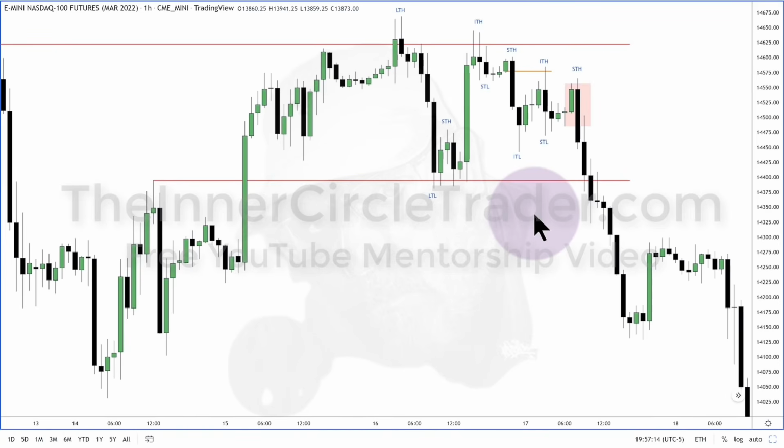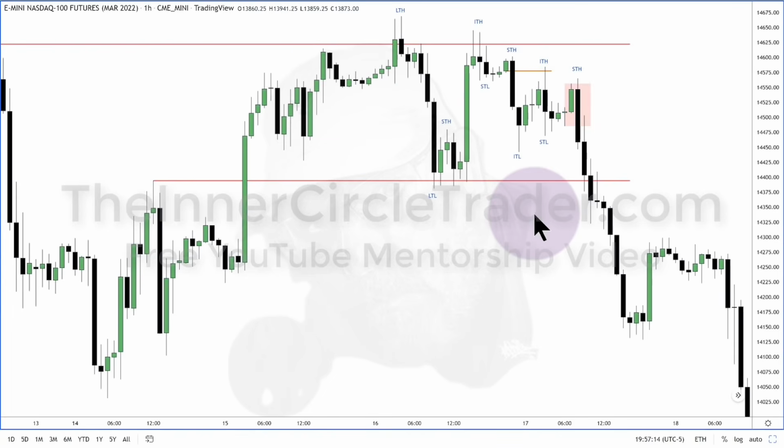When we look at price, I'm looking at: does the market have a reason to go up for buy-side liquidity or buy stops, or is it likely to go up to rebalance an imbalance, which is like a fair value gap? Or is it likely to go lower to sweep out short-term lows for sell-side liquidity or sell stops? Or is it likely to go down to rebalance an old imbalance or a fair value gap below market price? That's what I'm looking for. What is the current market narrative? What is it likely to be doing right now? Now, how do I arrive at that idea? Is it going to go higher or is it going to go lower?